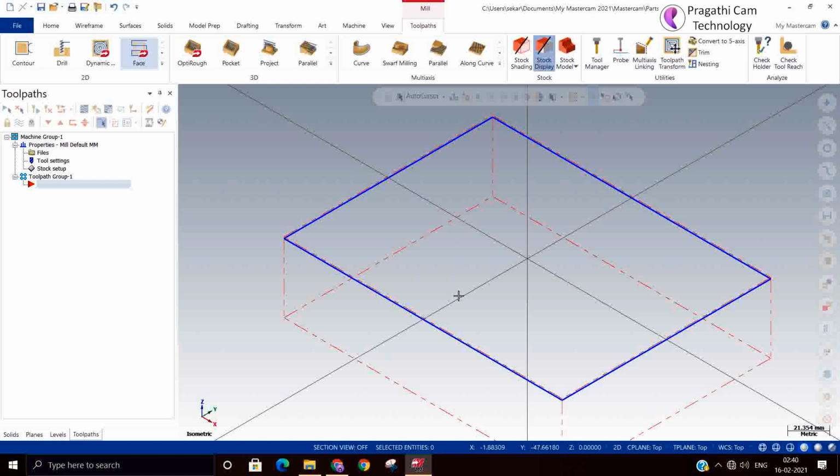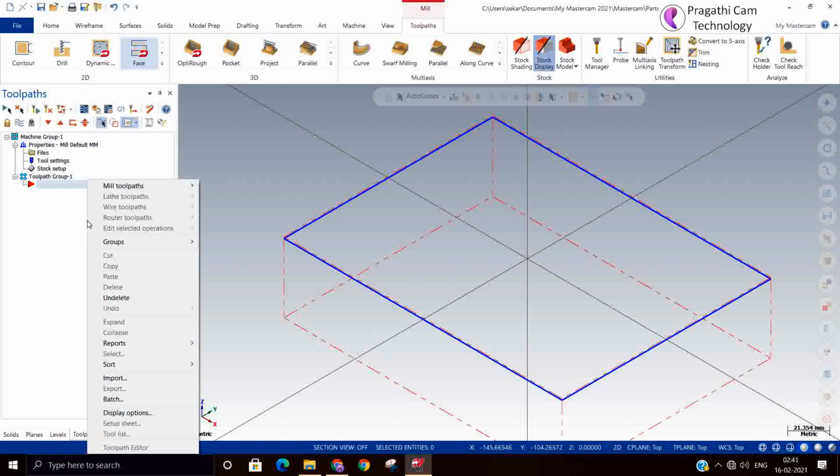Suppose I want to make a 10 pocket, I need to give my depth as minus 11. So that is the issue, and that's the reason I have kept 1 above. Now we'll set X, Y, Z 0 at X0, Y0. You can set the width and thickness of the job, and while touching the top you can set the top of stock 1.